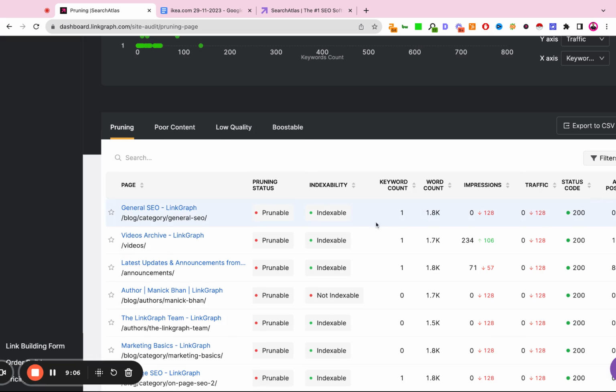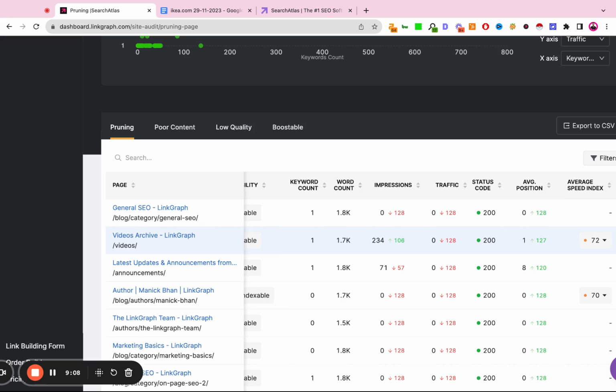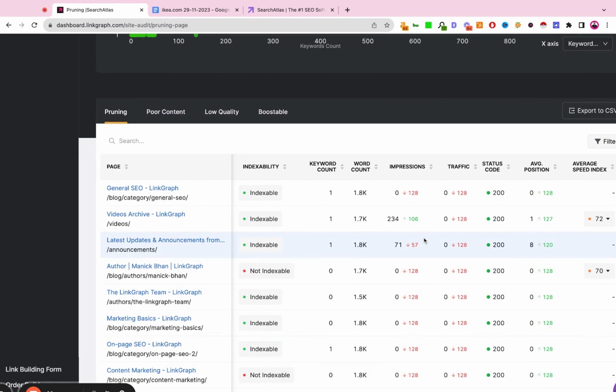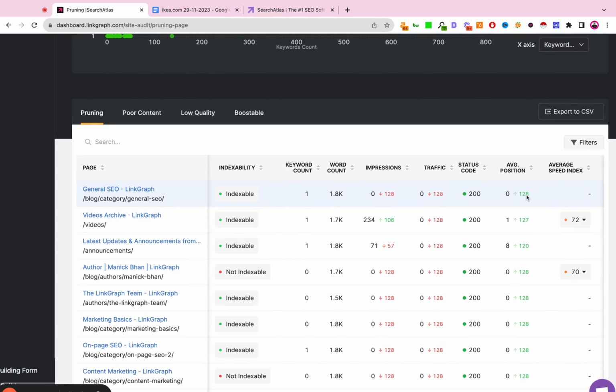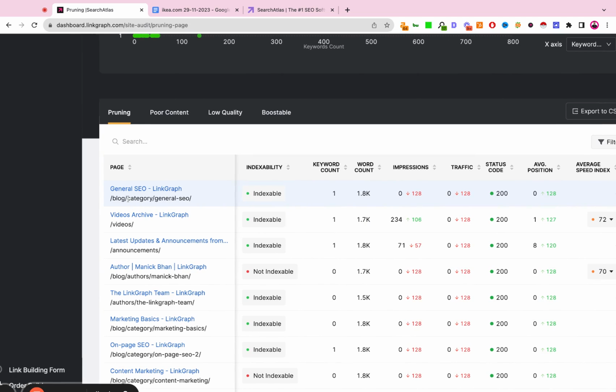So since this data is coming from Google Search Console, we actually have a really high confidence interval that this analysis is accurate and useful, because we're looking at what pages have no impressions, no traffic, aren't ranking for keywords. And in this case, it's going to be a category page on our site. So we can actually go ahead and set a no index tag on this page. So that way search engines don't waste our crawl budget crawling category pages and spend more time crawling our valuable